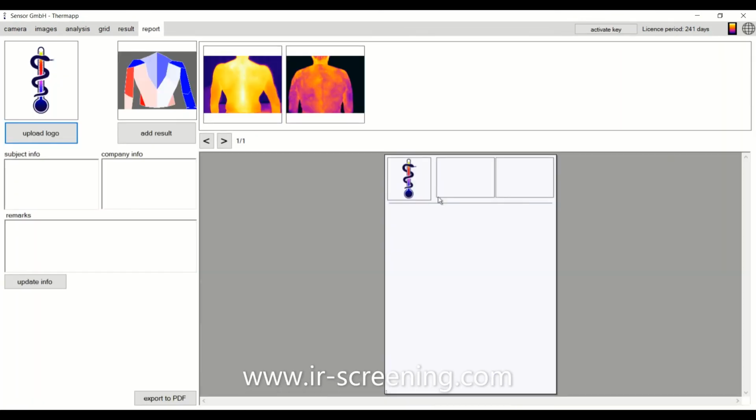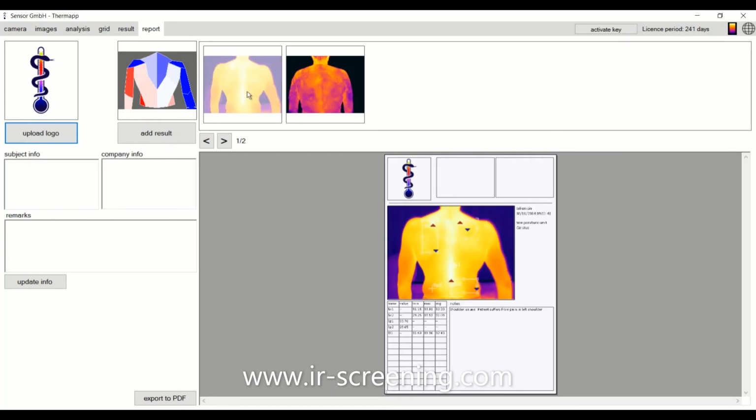This is the report panel. Here you can automatically generate a PDF report about your thermal images and anything you may have done with them. If you want to create a page for a single image, you simply click it and it'll create a page